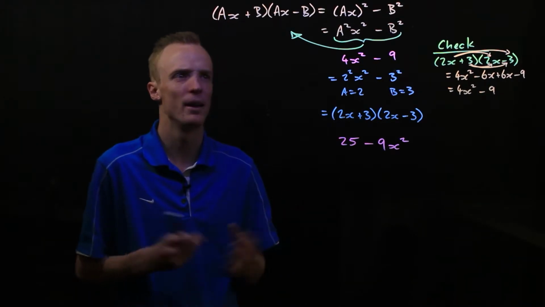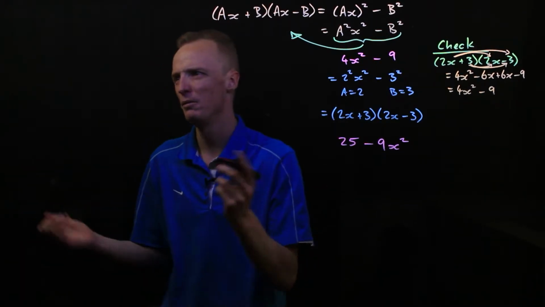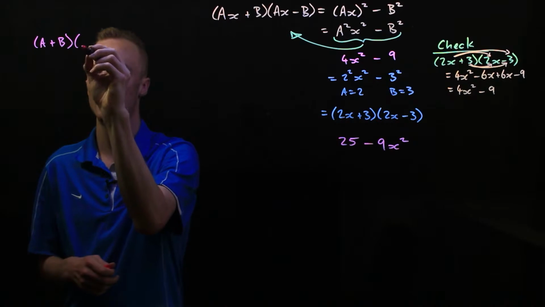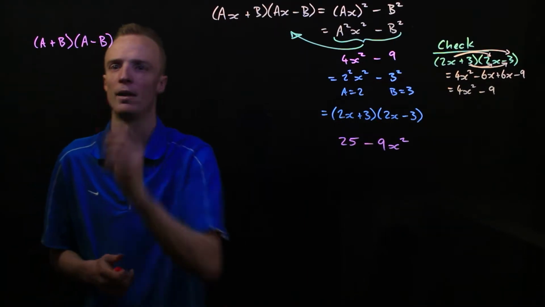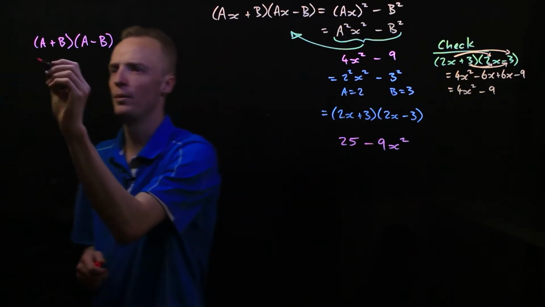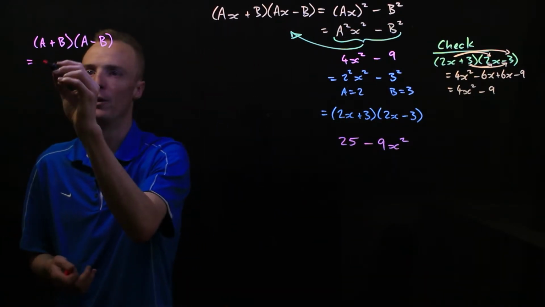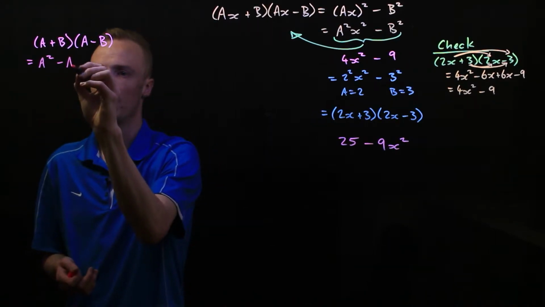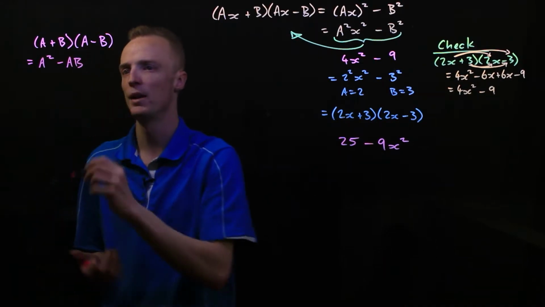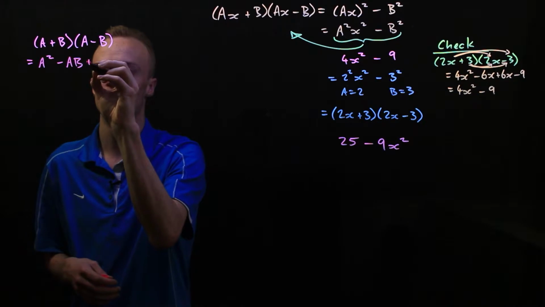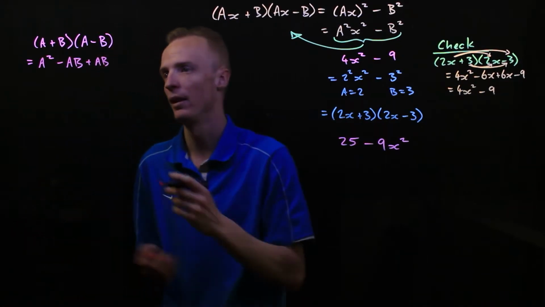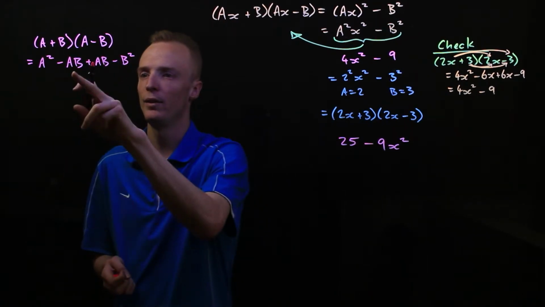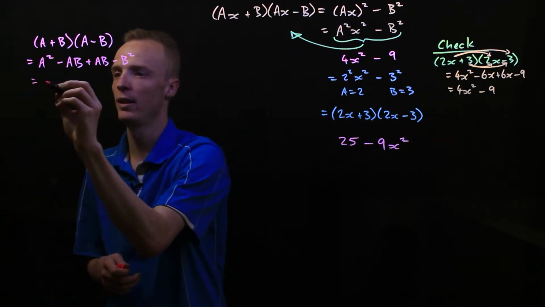Well, let's think more broadly about this. The difference of two squares rule can be written more generally as a plus b and a subtract b multiplied with each other, which when we expand this using FOIL will be a times a, which is a squared, a times negative b, which is subtract ab, b times a, which is ba or ab, so plus ab, and then b times negative b, which will be subtract b squared. And as you can see, the middle two terms will cancel with each other,